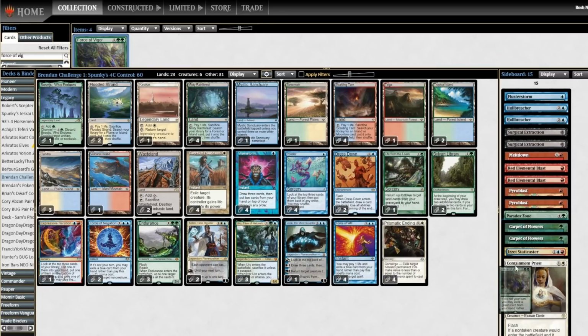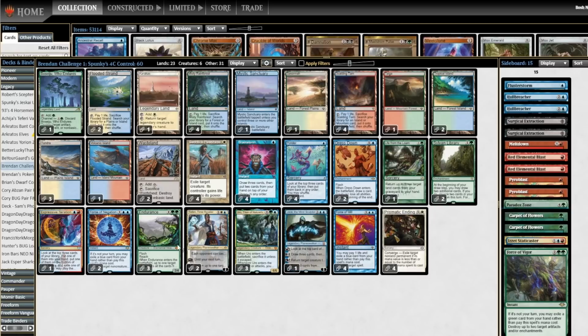I am immediately replacing Containment Priest with Force of Vigor. I'm definitely doing that for my next league. Force of Vigor would have been good in a number of spots, and Containment Priest, we did play against the matchup that it's ostensibly for, and it did win the game that we cast it, and then we ended up losing the match anyway, but that card is just too low impact, and we have a lot of tools against